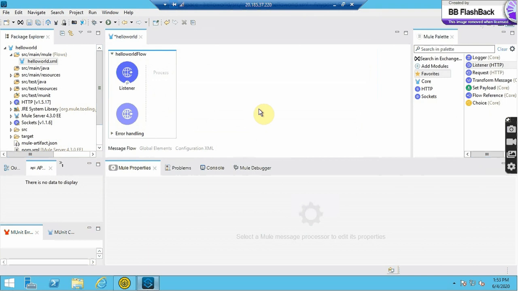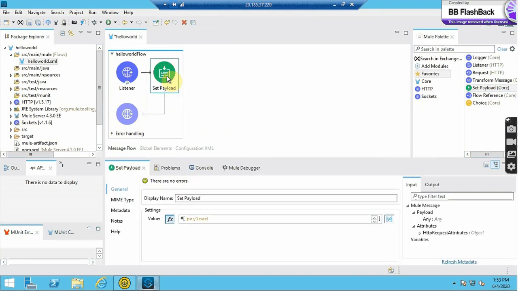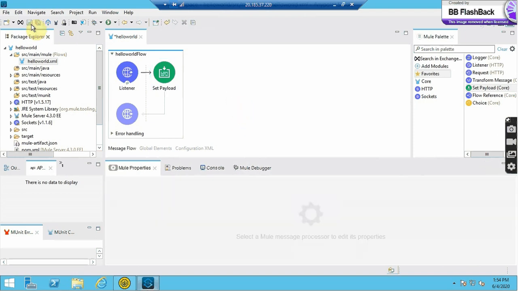So we just have to replace the entire payload with hello world, nothing else. For that, if we see within the palette, you will be able to see one component, it's set payload. Just drag and drop it here, and within the value section you provide the hard coded value. It's hello world. So it's simple.